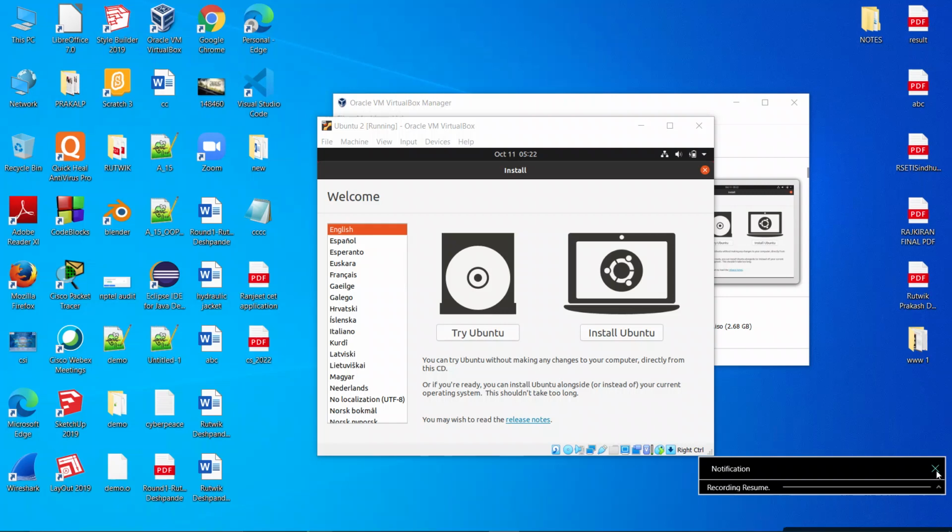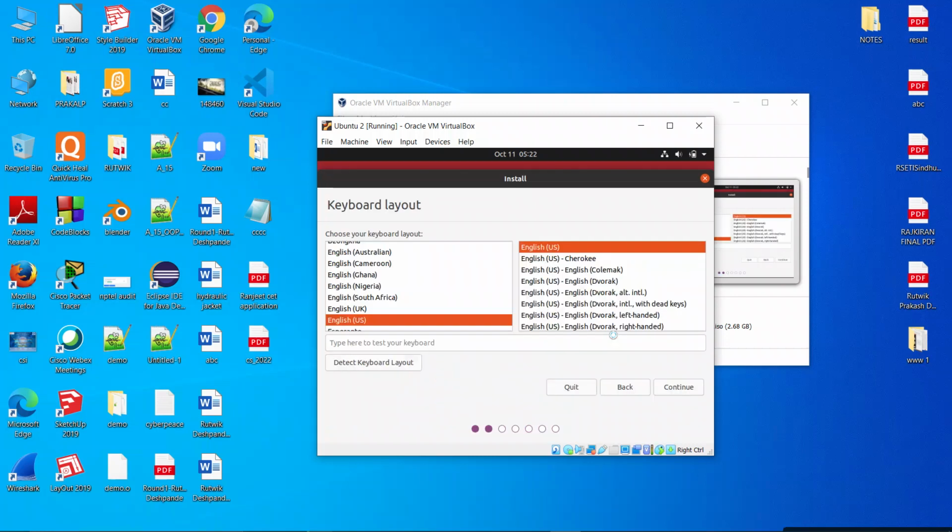And as you can see, it has completed 100%, and now it will ask for language. In my case, I will choose English, and I will be installing Ubuntu, not running. So click on install Ubuntu. Once you click on install Ubuntu, it will ask for our keyboard. In my case, I will keep it as it is, English US. If you are from any other country, you can select any other, but in my case it's English US. I will keep it as it is, and here also the language will be English US. You can test your keyboard by typing something here. I will not be testing because I know it's English US only.